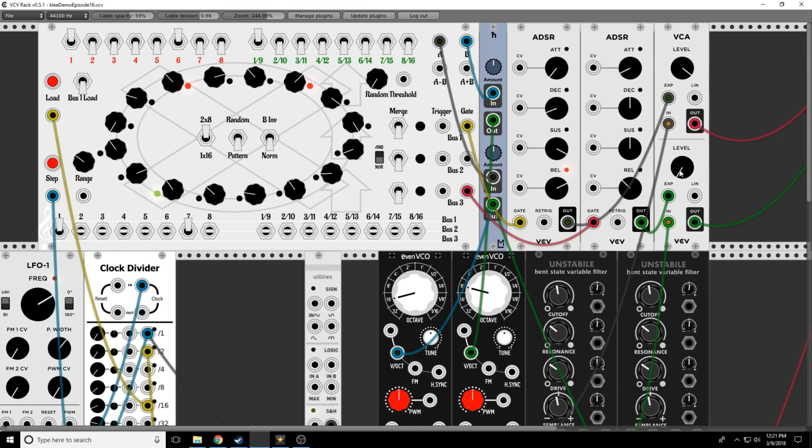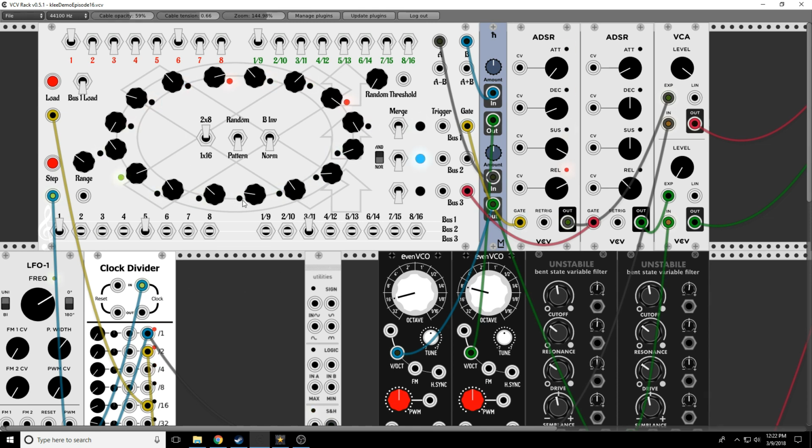I have the volume turned down. And yet, on this side, I could also add a gate. See, this is when the green hits that third one, I have a gate on bus 1. Let's add that